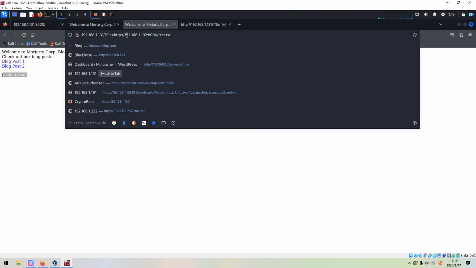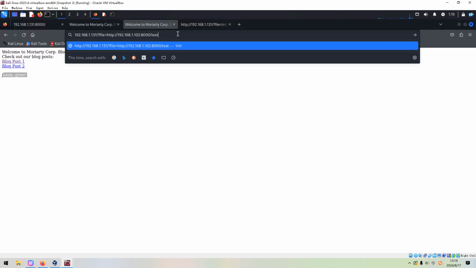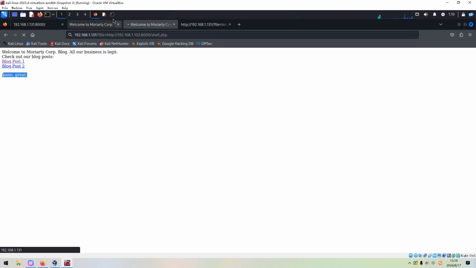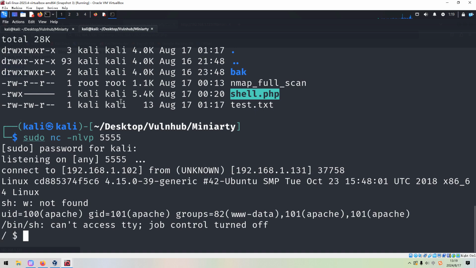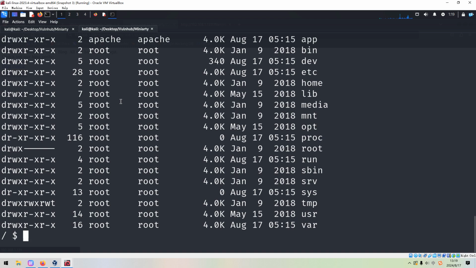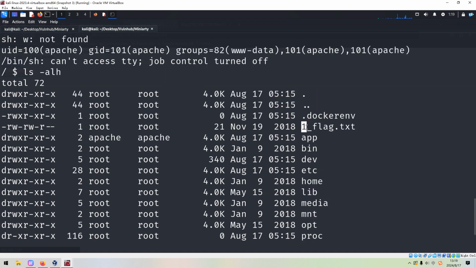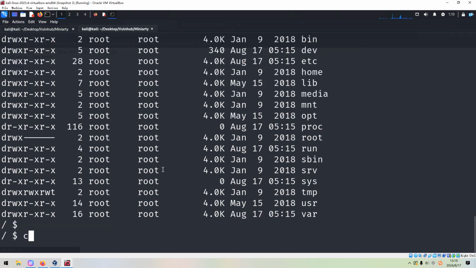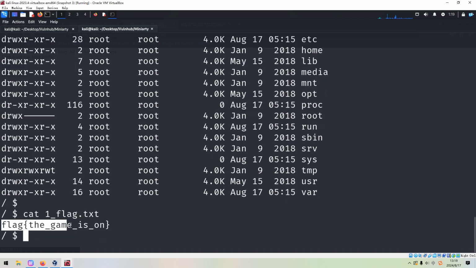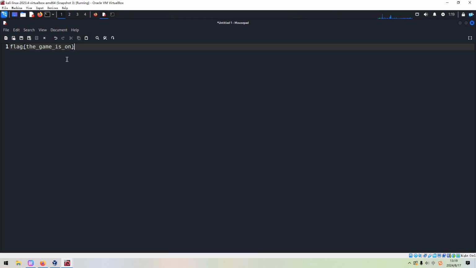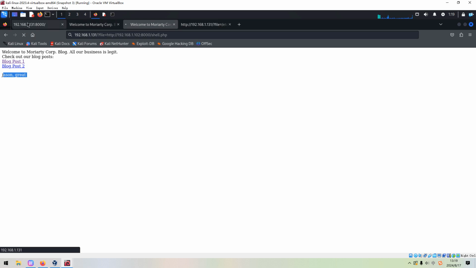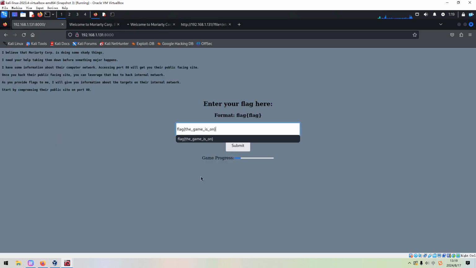And now go back to the browser, and we can change the file name to shell.php. Let's press enter, and now we go back and pull up the terminal. As you can see, we have already got the shell on the target, and we have even got the first flag. We can cat out this flag. So this should be the first flag. We can copy it and also paste it in our notebook.